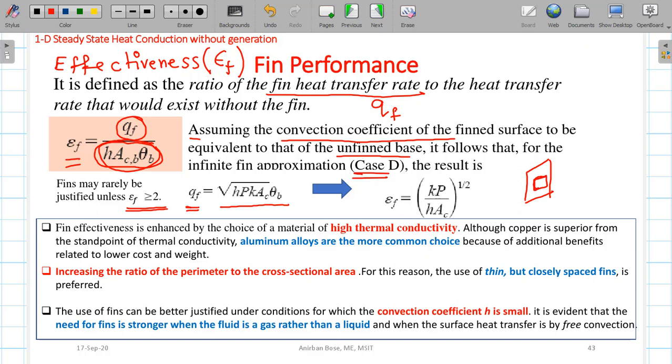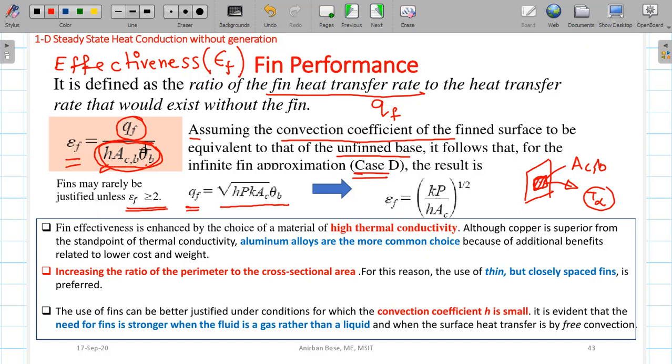Let us consider this is the base area, a cross section at the base A_C, that means this is the base area. If there was no fin, then definitely through that area how much heat will be transferred through convection? That will be definitely h, the convective heat transfer coefficient, into area into theta_B. Theta_B means the temperature of the base